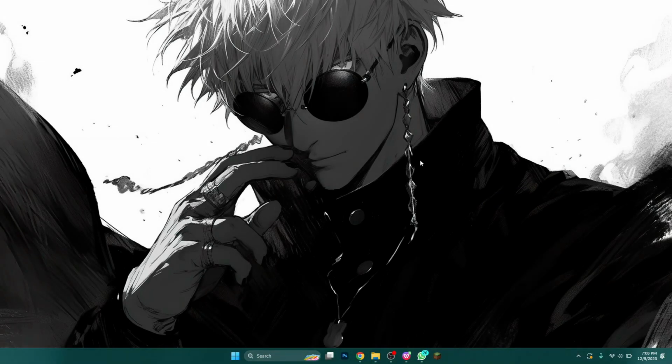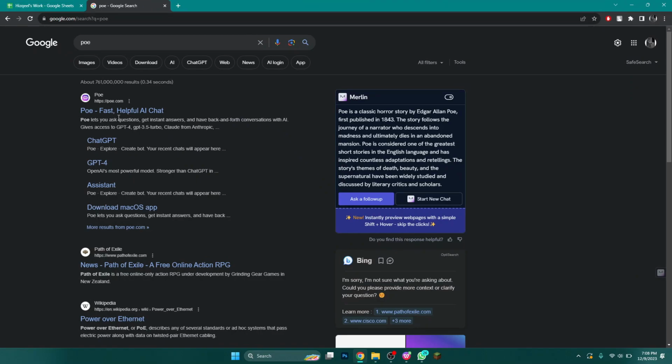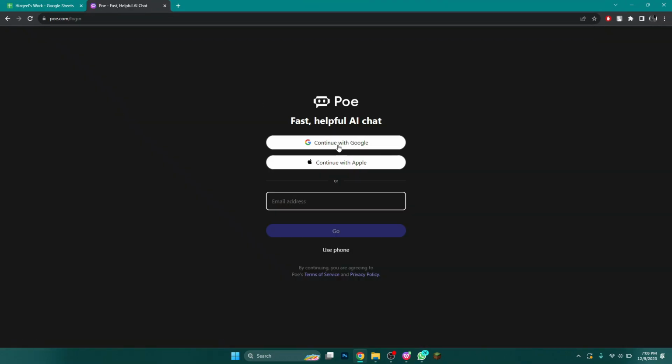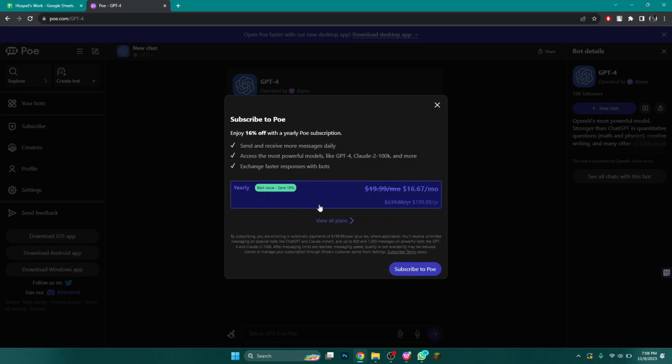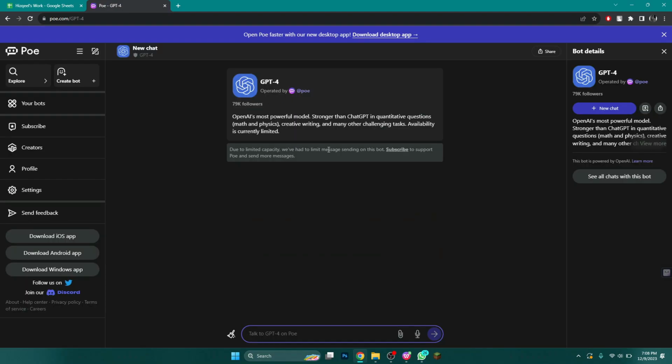First of all, open any type of preferred browser on your PC and search for Poe. Open the official website and make sure to log in using your account to continue along. You can see there are a number of chatbots in front of you. Choose the GPT-4 bot and you will be able to use it however you like. But note that the access is limited, and since I have already used my credits, I won't be able to